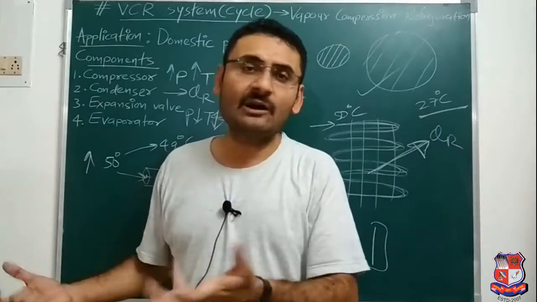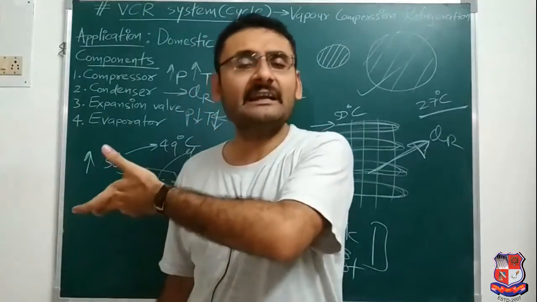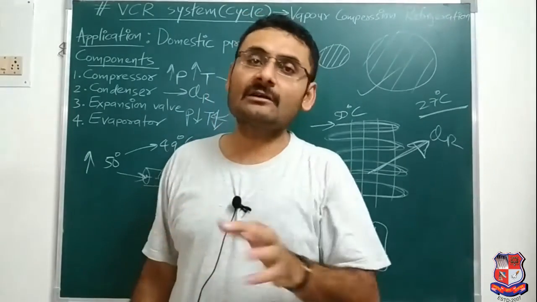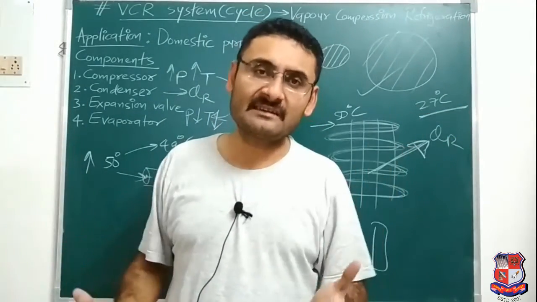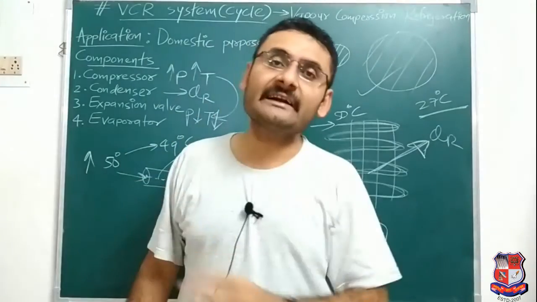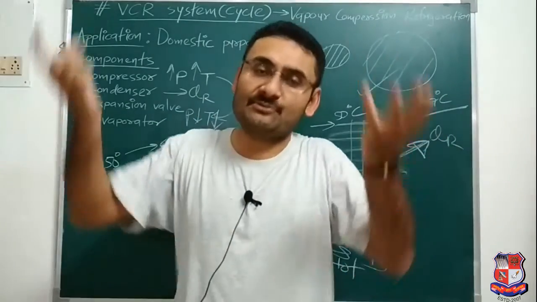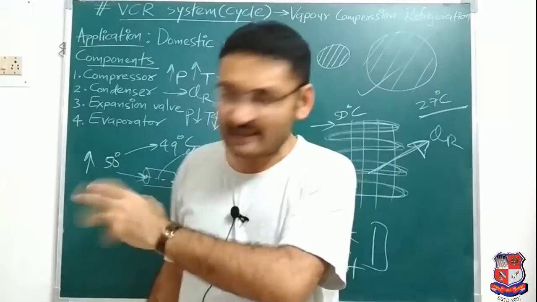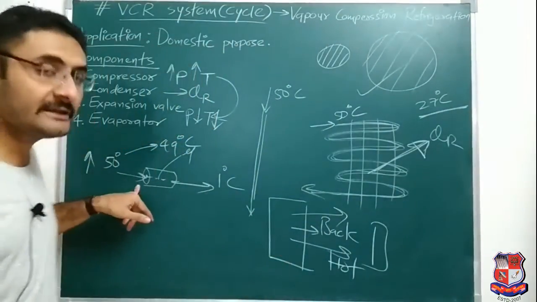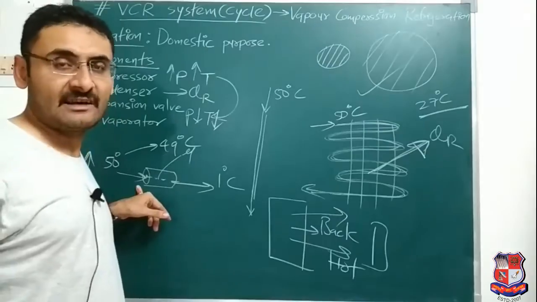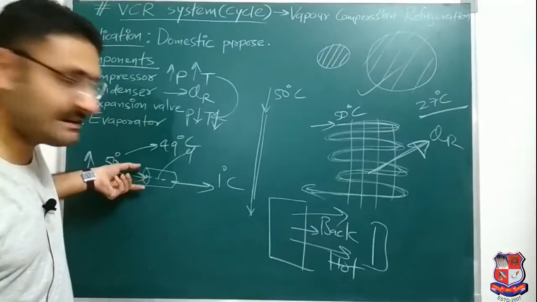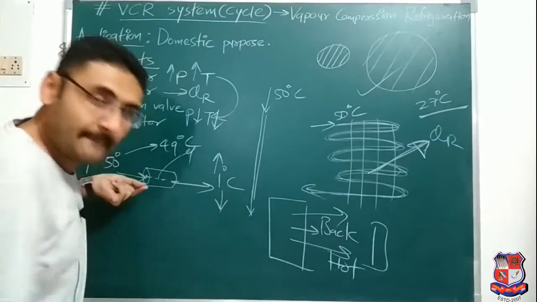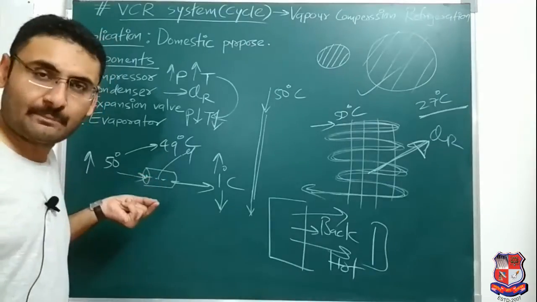Number one, when ice is not freezing, you rotate that knob. So what happens? Ice will start to freeze. That means you are reducing the temperature. When lots of ice is present, and if you want to melt that ice, again you rotate that knob. So what happens? You make the temperature higher so that the ice may melt. So whatever rotations you are doing, you are increasing and decreasing the temperature. Those rotations directly affect the diameter of this expansion device. When the diameter is increased, high temperature is present. When the diameter is decreased, low temperature is present. So that is all about the expansion device.